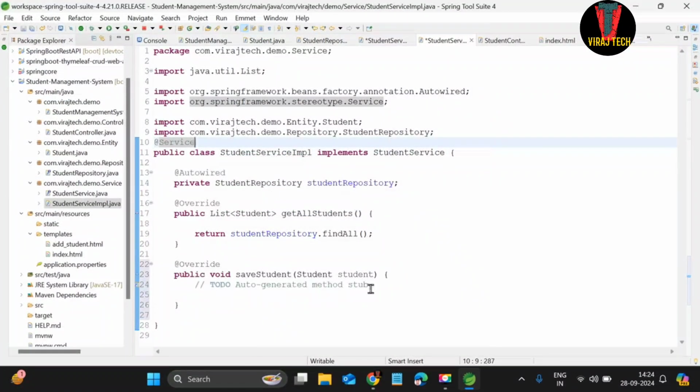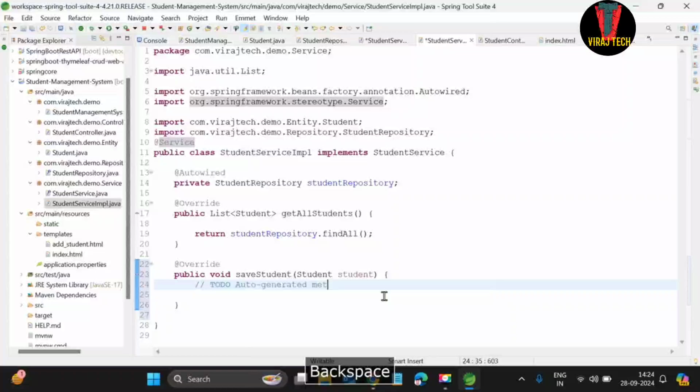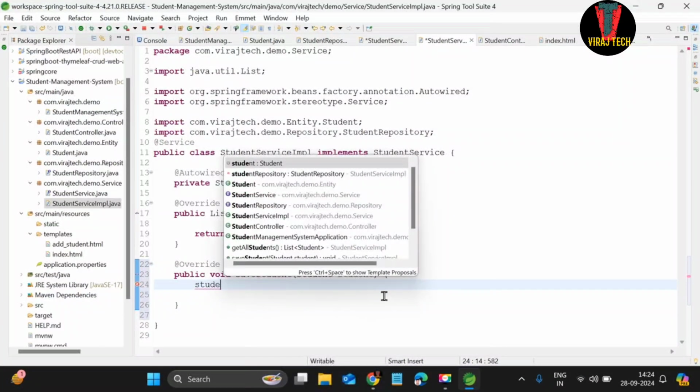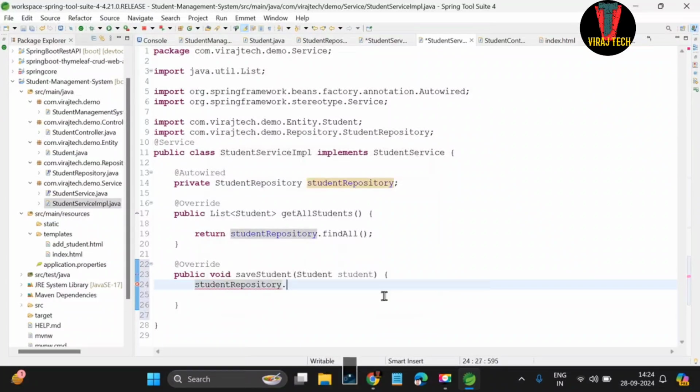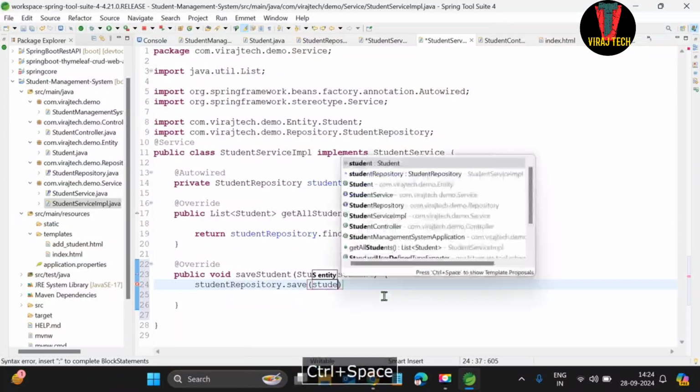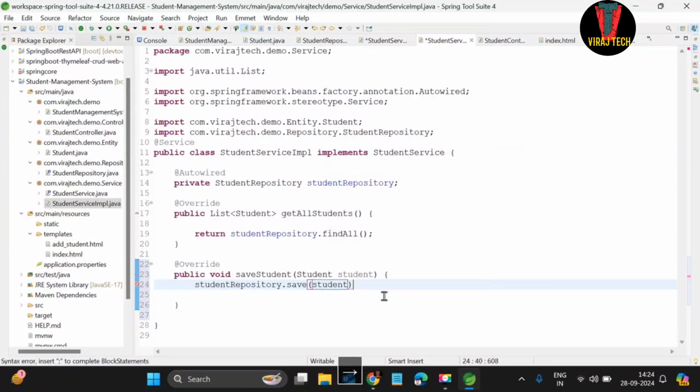Click on this, delete this auto generated comment, and here we will use studentRepository.save(student);